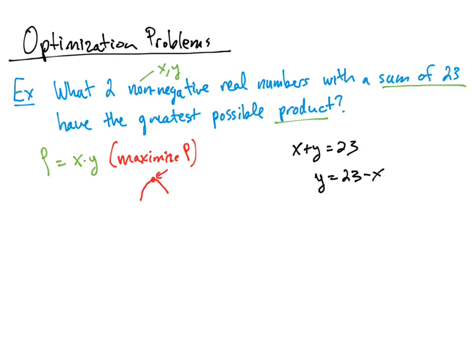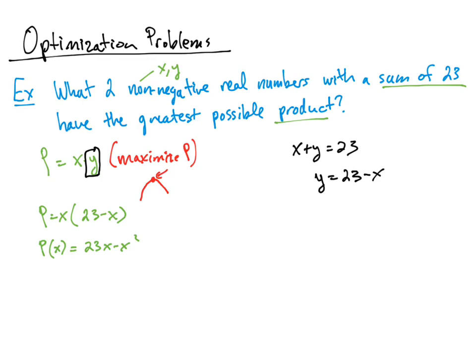But what we're going to do is substitute that in for y over here in our p function, and then we'll end up with a function just in terms of x. So p, we can call this p of x now, is 23x minus x squared. And in order to maximize this,